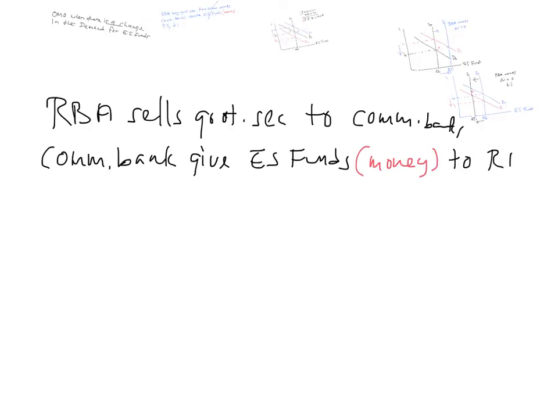to the RBA. This reduces the amount of exchange settlement funds available in the economy for people to borrow, which will result in an increase in the interest rate from I1 to I0, right? So this is how the Reserve Bank of Australia can react to a change in economic activity if it wants to maintain the cash rate at its original